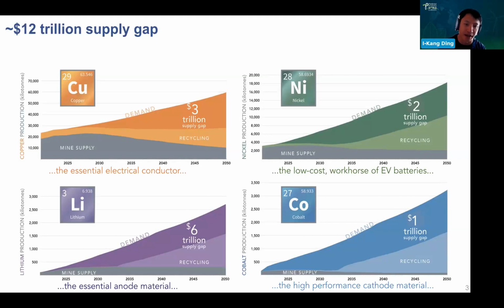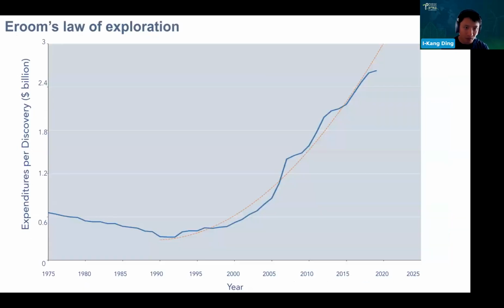If you look at the median mine outputs in the industry, that supply gap is roughly equivalent to 1,000 new mines that have to be found and developed. At the same time, the industry has been spending more to get less. This graph is what we're calling Eroom's law, which is Moore's law spelled backwards. It's wordplay because in mineral exploration, we have been spending more. The dollar of exploration expenditure for tier 1 and tier 2 discoveries has been down by around 8x in